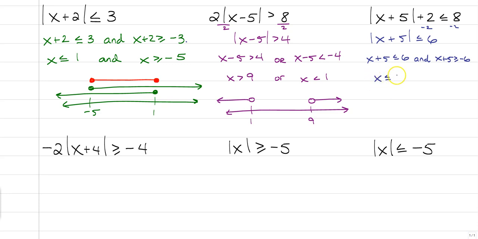X is less than or equal to 1, and x is greater than or equal to a negative 11. When we go graph this, you should have had a negative 11 and a 1. X is greater than or equal to the negative 11, but it's also less than or equal to the 1. Since this is an and statement, it must satisfy both of those constraints,